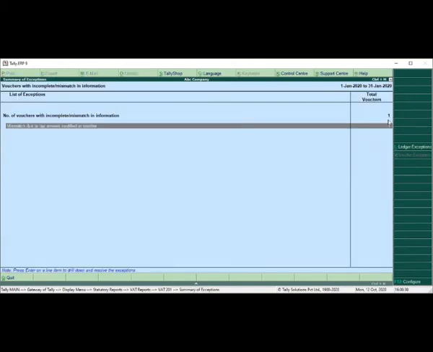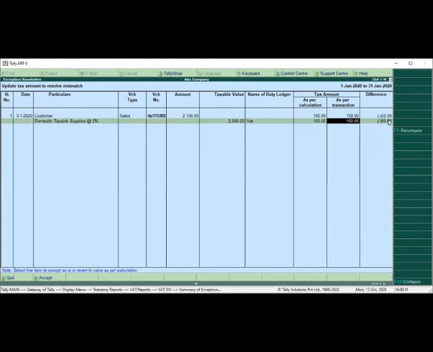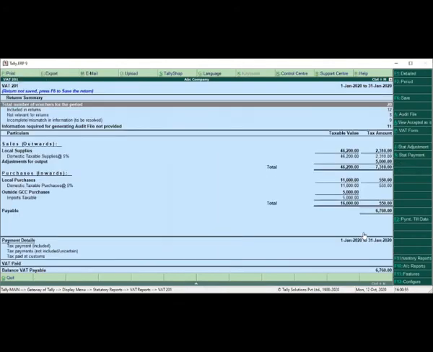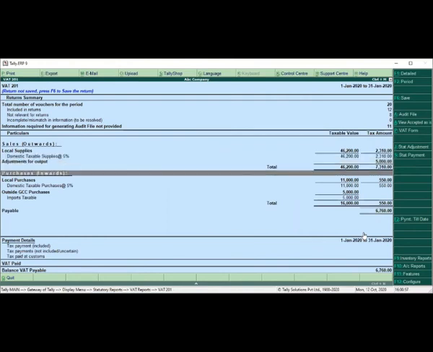Now if I rectify this particular transaction, let's see, I'll make 100 and save it. So from here itself you can just change it and save it. I'll save. Now it gets nullified. I'll come to the VAT report and here you can see it is getting added and it is showing 7,310. The 100 is getting added.